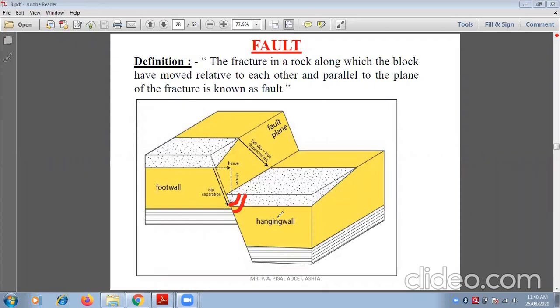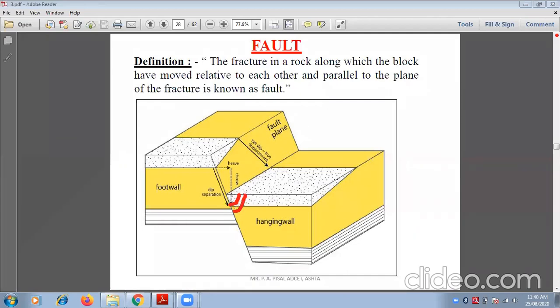Maximum angle is up to the 90 degree. Okay, when two rock blocks are completely moved vertically related to each other, ज्यावेळेस दोन रॉक ब्लॉक्स बरोबर वर्टिकली एकमेकांच्या कॉन्टॅक्ट मध्ये ते मूव्ह होत असतील, त्यावेळेस त्याचा अँगल हा 90 डिग्री असेल. So the head angle is from 0 degree, the minimum angle starts from the 1 degree. So here in this diagram, these red color marks indicate the head. Head is nothing but the fault angle.